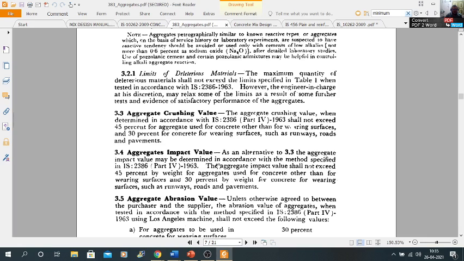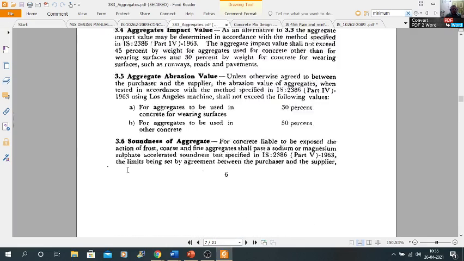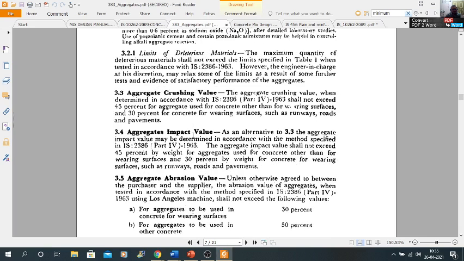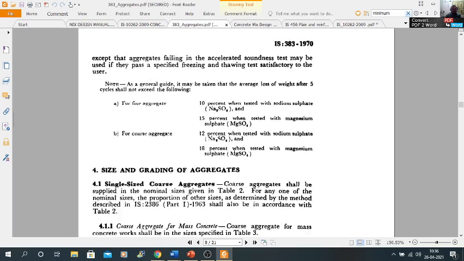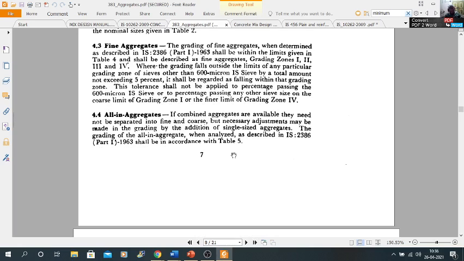The aggregate properties: single size aggregate, graded aggregate, fine aggregate, also the soundness of aggregate, aggregate adhesion value, aggregate impact value, aggregate crushing value. All these are needed for your mix design, because all these properties of aggregates also affect the strength and resistant properties of your concrete.